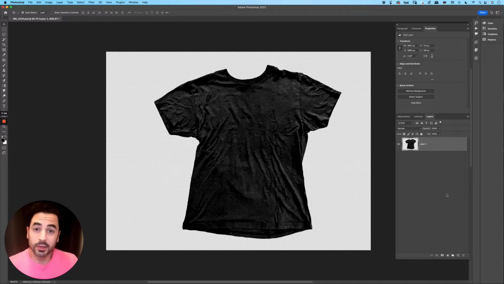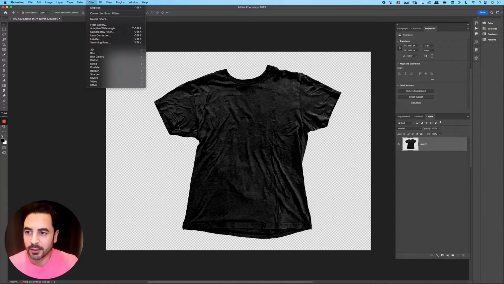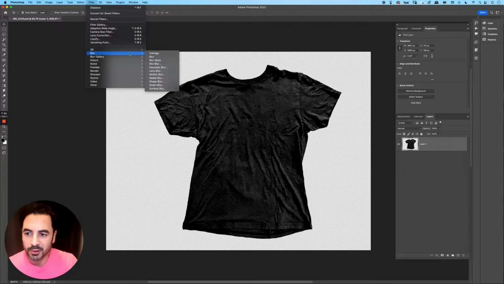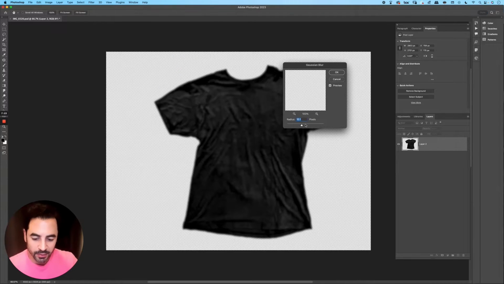And then what we're looking to do is to blur this a little bit, okay? Because we need to create a displacement map. And the displacement map is basically going to tell Photoshop where to raise the image and where to have it sort of recede a little bit when we apply our graphics to it. All right, so first let's go ahead and just blur this a little bit here. I'll use a Gaussian blur of around 3 or 4 just to kind of soften up some of the edges